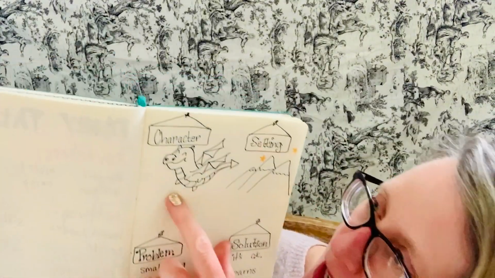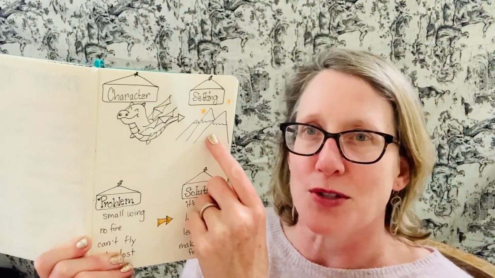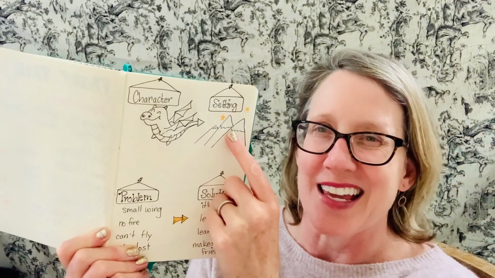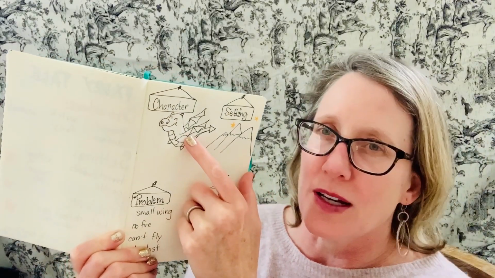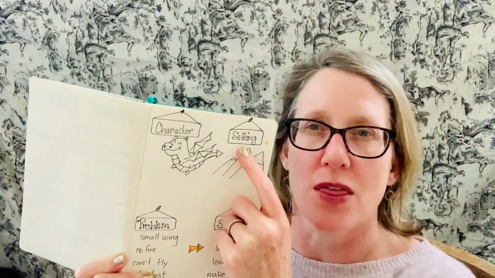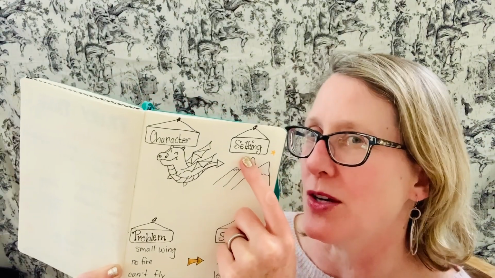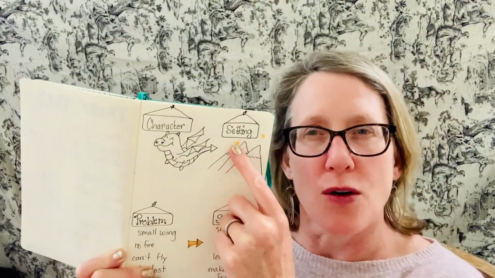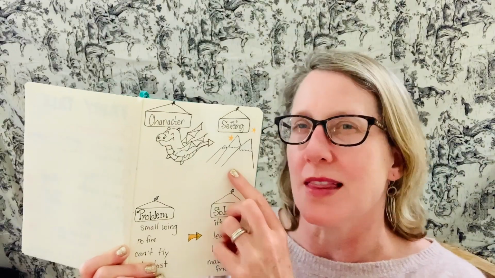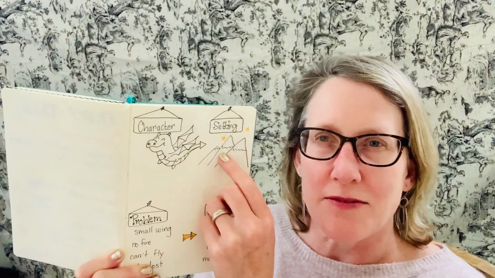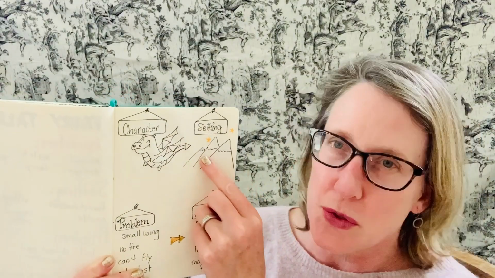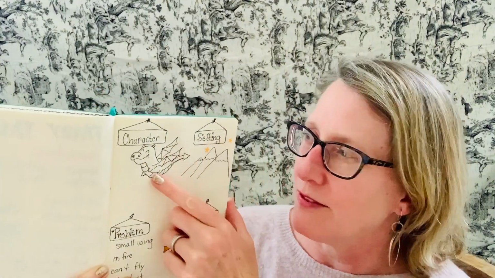So in this one, I was drawing a dragon, and so I thought, oh, I'm gonna write a story about a dragon. And then as I was drawing it, I was thinking about the setting. And as I was drawing my dragon, I was thinking about the show Avatar: The Last Airbender. And so it made me think, oh, he has a big animal, and I bet my dragon is going to live in the mountains just like in that story. And I drew the stars because the dragon can fly really high up in the nighttime sky.